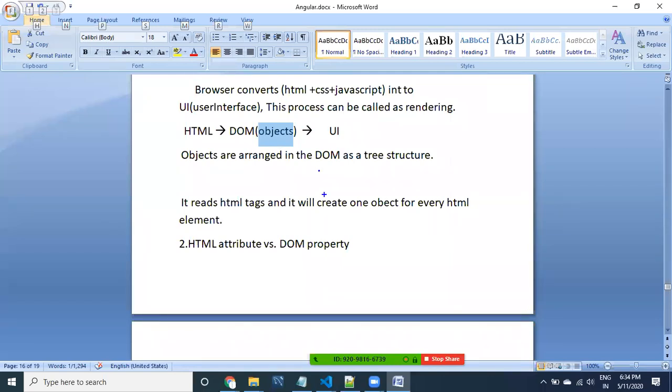DOM objects are not exactly related to Angular, guys. Actually this is related to the browser and normal web applications. Of course, Angular is also for developing web applications, so it is related to the web and the browser. Definitely DOM is going to be useful for Angular. Without DOM, Angular is not there. Whatever Angular code you write, finally it is converted into DOM objects itself, so that it is understandable to the browser. So what Angular is going to do is take objects inside the DOM.